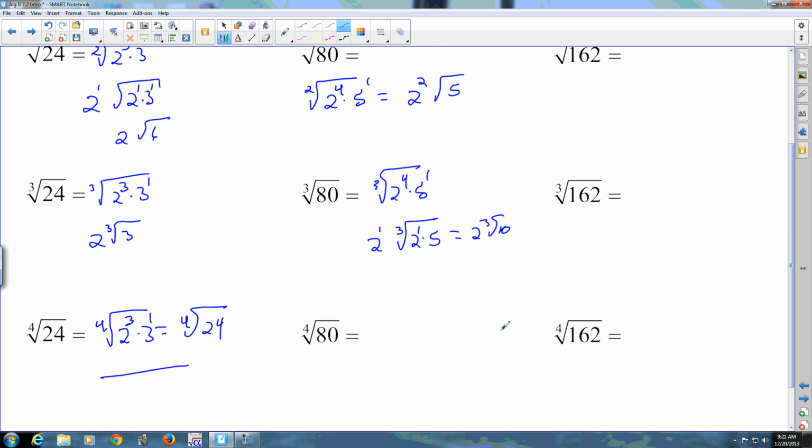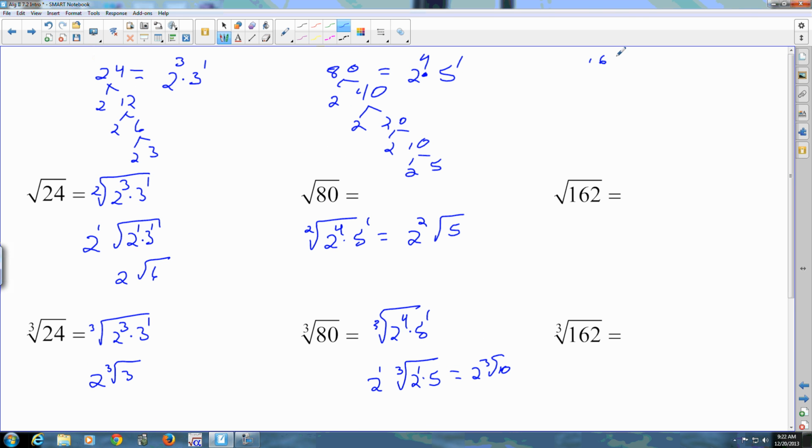Come down here to the 4th root. It's the 4th root of 2 to the 4th times 5 to the 1st. 4 goes into 4 once with nothing left over. And the exponent of the 5 isn't large enough for anything to come out, so it stays put. All right,